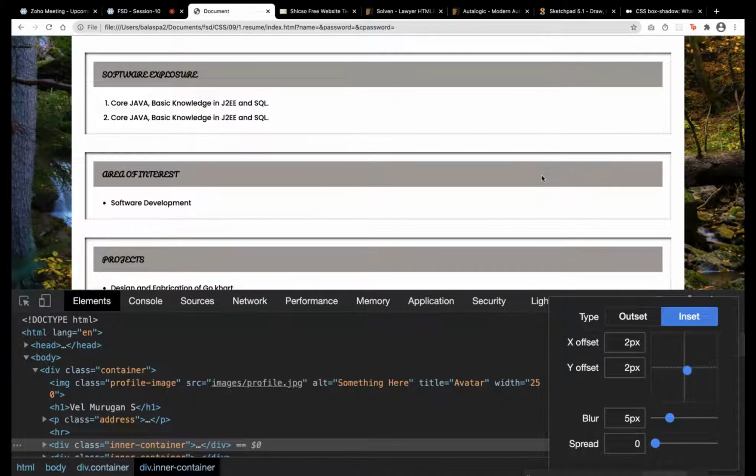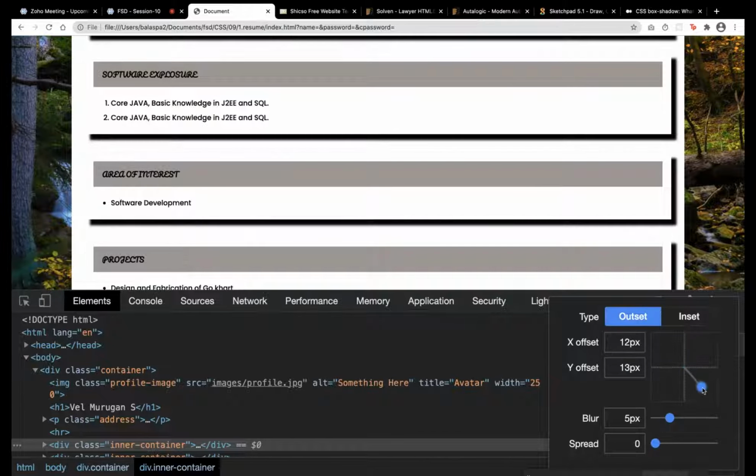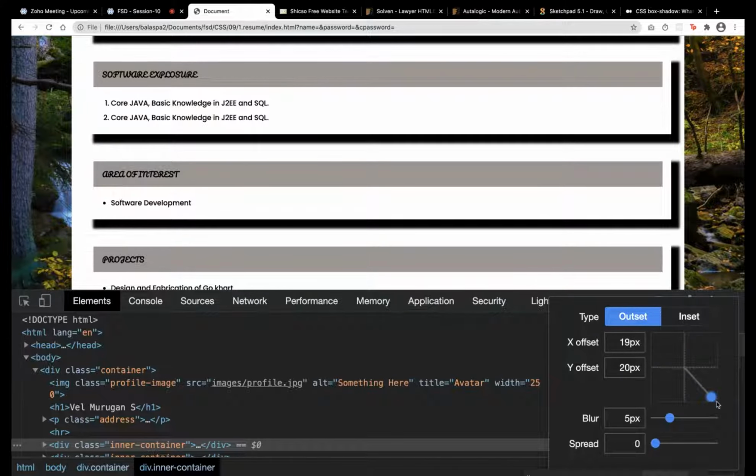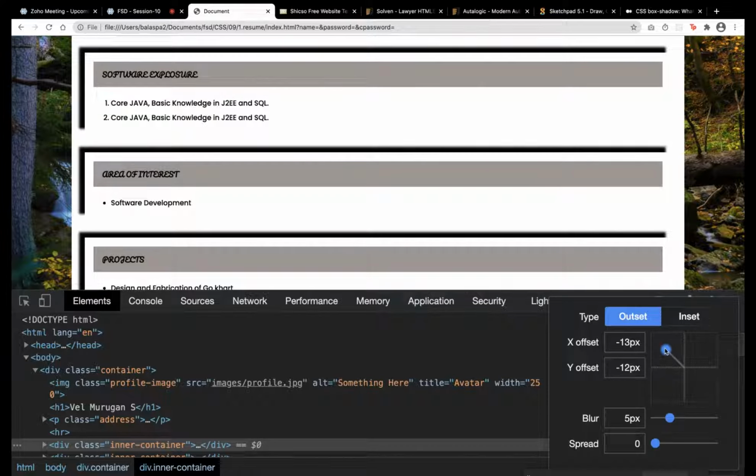So we need to see the design, and then check whether it is projected or carved out. Mostly we will use the default outset, and inset maybe sometimes. You can give this and try. We may want a shadow on the top also sometimes, so it should be a minus value.